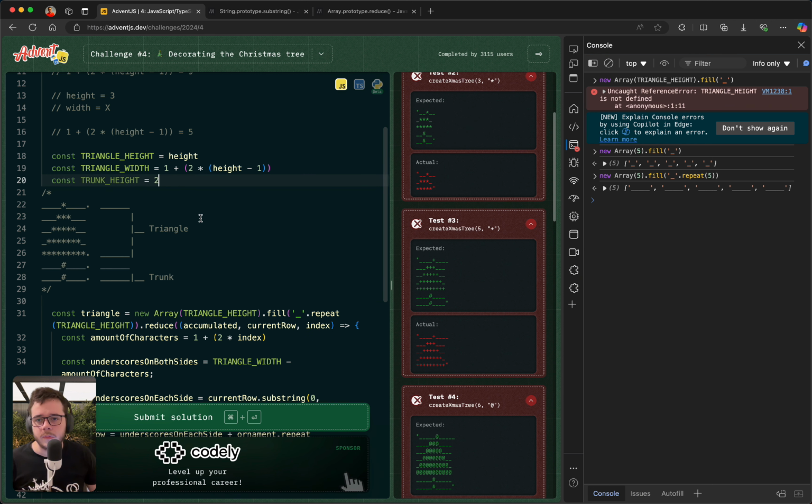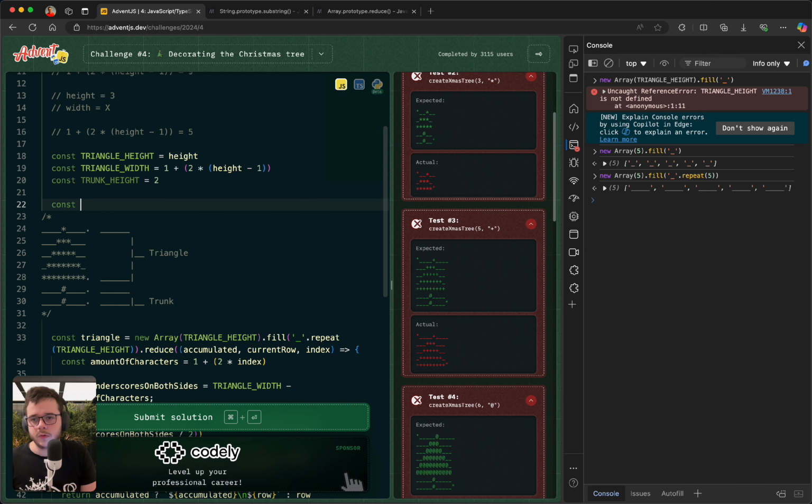Okay, let's define a new constant over here, which is a space. Let's call it spaces on each side, and it will be equal to underscore repeated